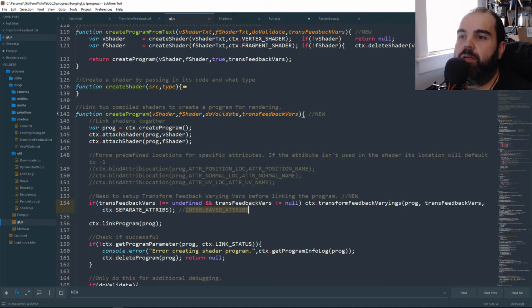attributes. The big difference between these two is what kind of buffer the transform feedback is using. Separate attributes means every variable is its own buffer. Interleaved attributes means they're all attributes on the exact same buffer. Like we've done in the past, where we actually combine all the data in one single buffer, and you have